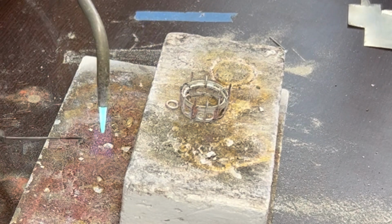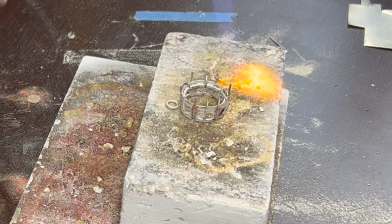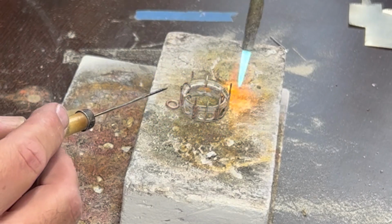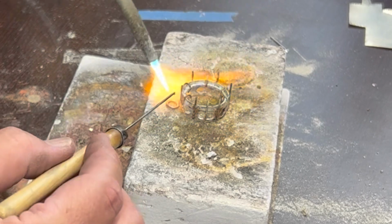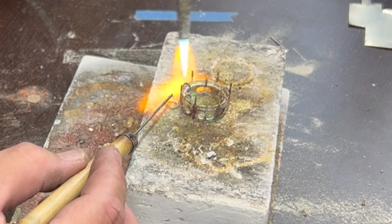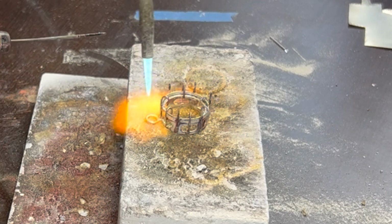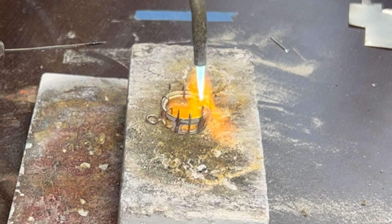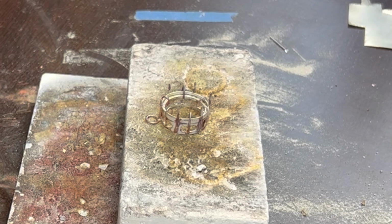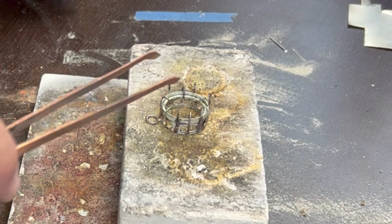I'm going to pick up a little extra solder. There's probably enough solder on that ring, but just to make sure we get a good solid join there. I think we got a good solid joint there. Let's let that pick up for a little while we make the little